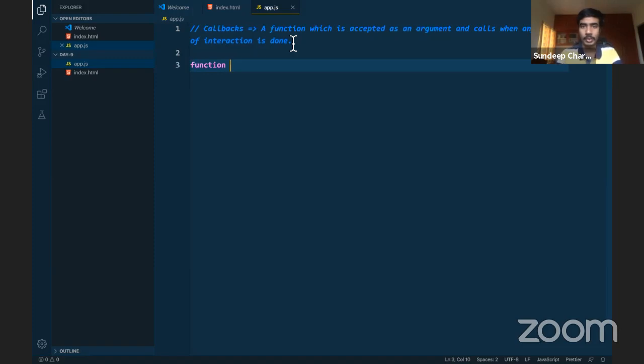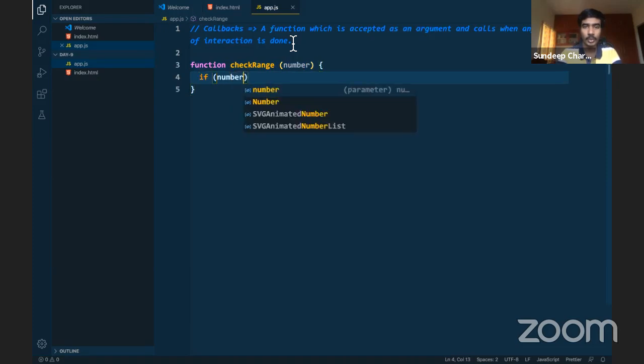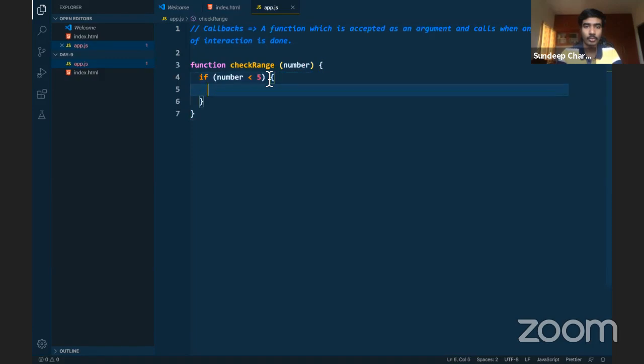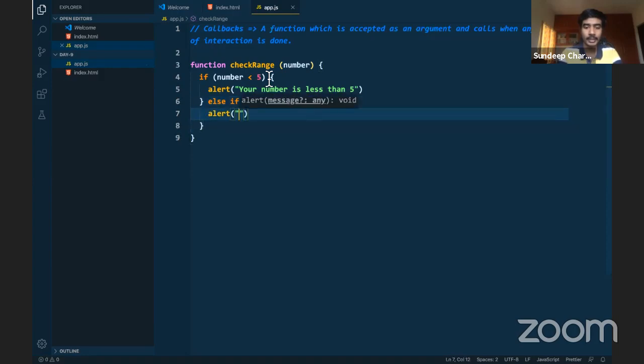Normally, how we would do, we'll just build a function and we'll say checkRange. I'm just keeping it as checkRange, and it accepts a number here. All right. All we have to do is just say if the number is less than 5, you have to say it as alert. I am sorry for this. I should open and close the curly braces. Alert, your number is less than 5. Right? Else, if number is greater than 100, we will again alert it as your number is greater than